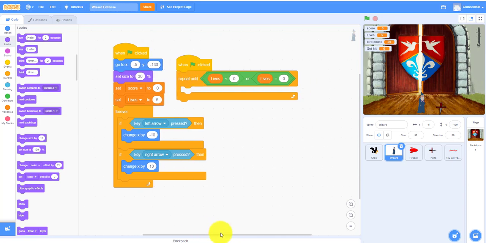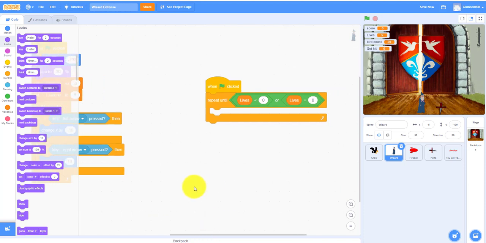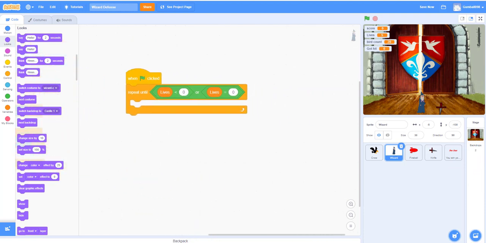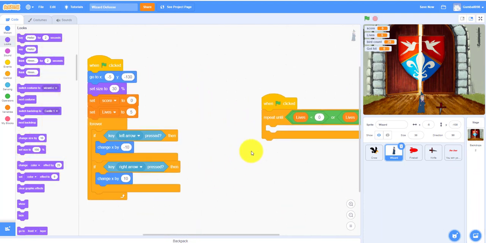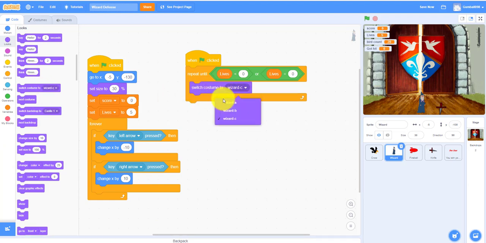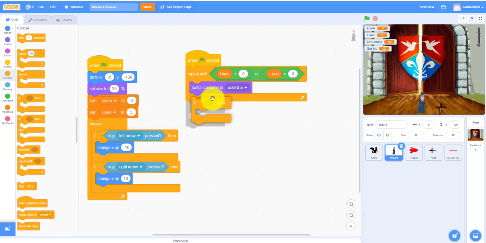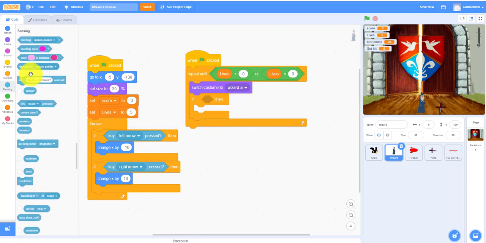Let's put it right there. Switch costume to wizard A, so it won't change in any costumes. And then if then touching crow, we're almost done, guys. If then touching crow,